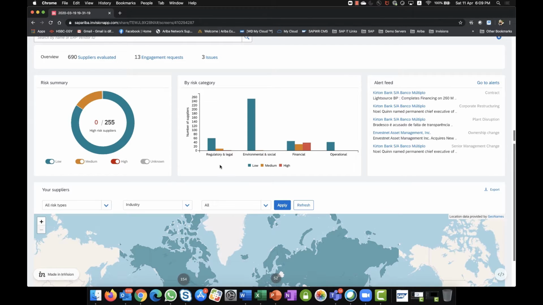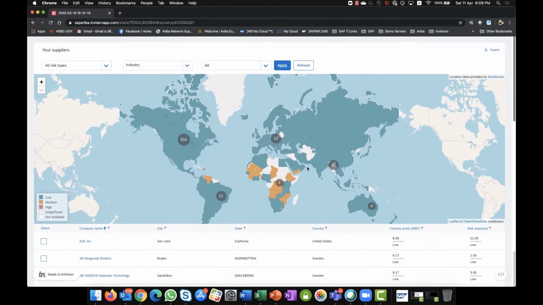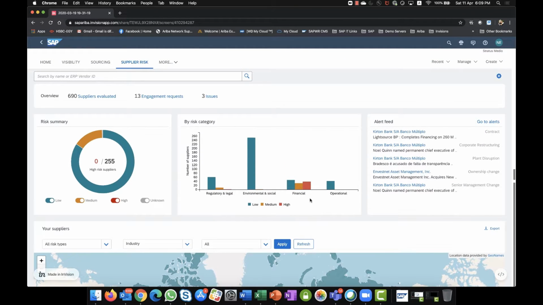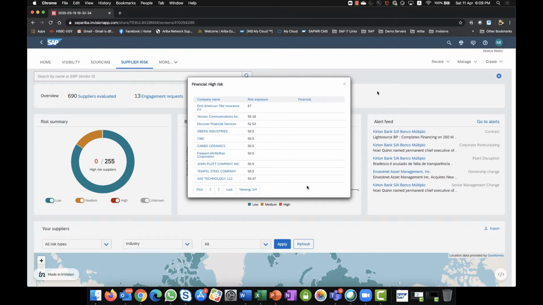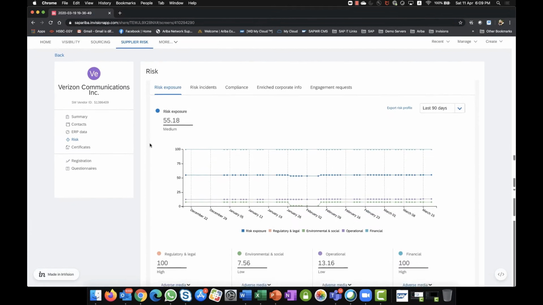And I can see for each of my suppliers what risks he has exposure to. And also I can see a heat map of my suppliers. As I can see here, I have some suppliers in the high risk category in the financial area. If I click on this, I can see the list of these suppliers, and I can even go into more details for these suppliers. So for this supplier, I can see his risk exposure and the risk score that he